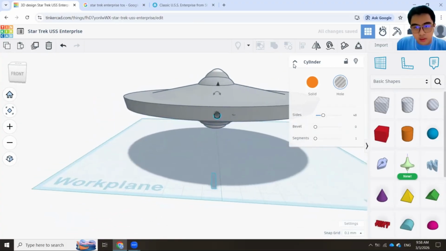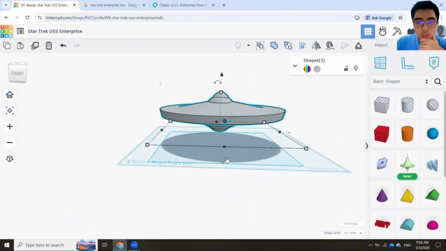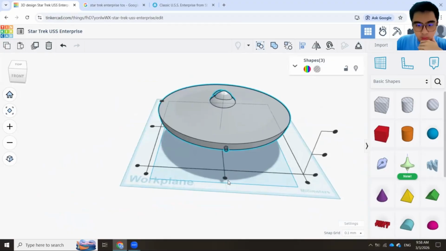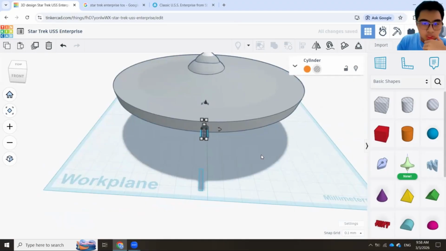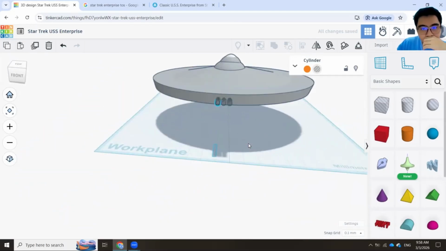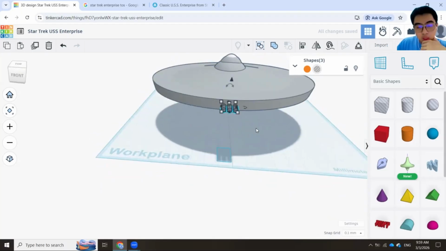Okay, I think that's about it. I'm going to align this with the whole structure so that it's perfectly aligned. Wait a minute. Okay, like this. Okay, that's about it. Drag this one outside. Okay. Control D, move it to the side over here. So there's a bit of gap. Control D also. Okay. I think I'm going to take these two, move these two to the side a bit. Okay, remember to use the arrow buttons on your keyboard for precise movement.